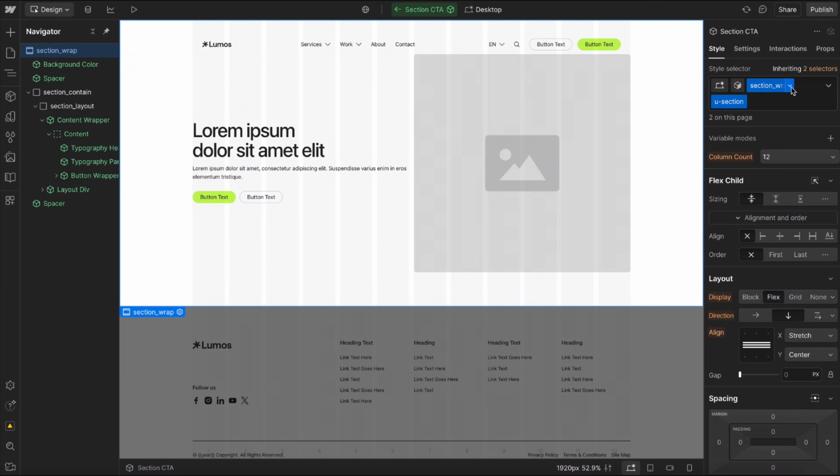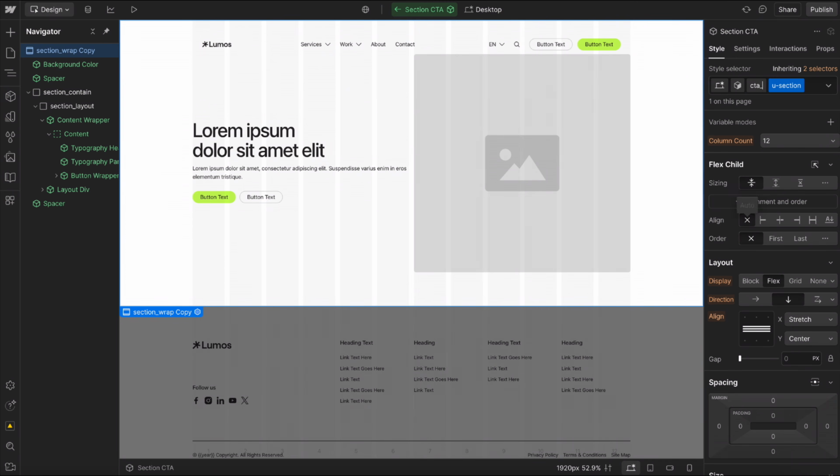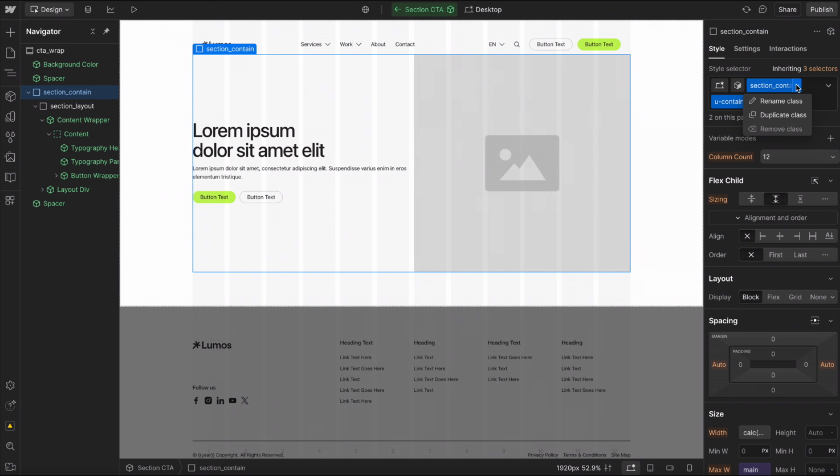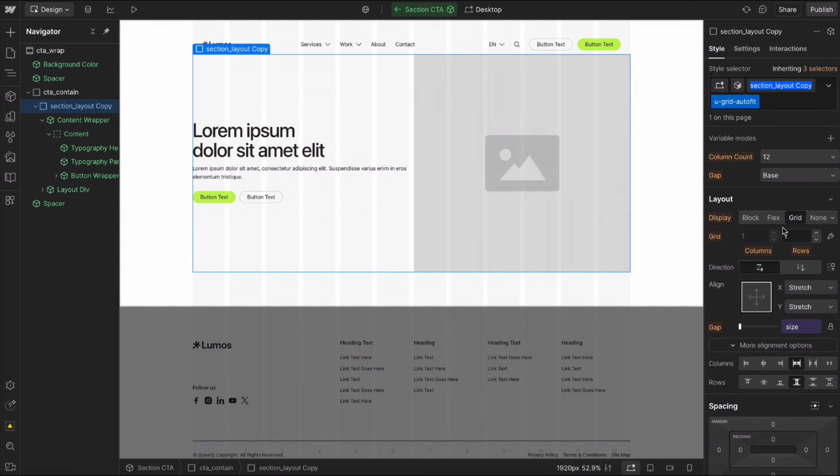So that we don't lose this, what we want to do is just duplicate that custom class, and we'll just call it CTA wrap. This is the start of our CTA section. And then for the container here, we'll duplicate, call it CTA contain. And for the layout here, again, duplicate, call it CTA layout. And this way we're able to keep those custom classes and just really speed up our workflow for creating unique